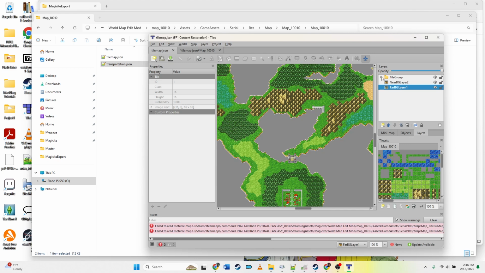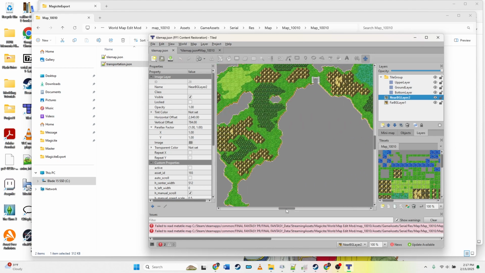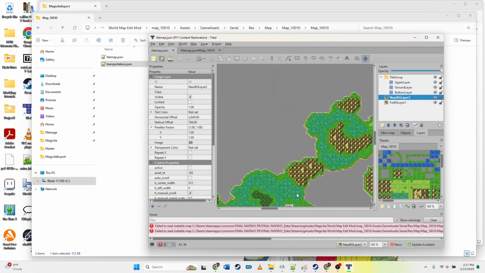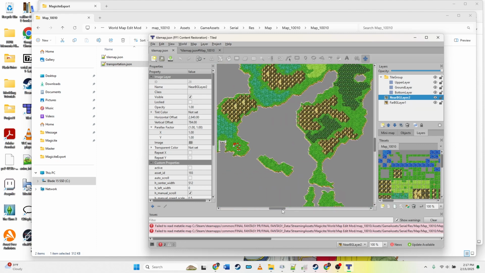Now, the thing to keep in mind when we have this world map is we do have a set of layers. So there's near background layer, far background layer. I've never been quite sure what those are. I've never really looked into them. But the things you'll need to actually edit the map are going to be your upper layer, your ground layer, and your bottom layer. So upper layer is going to generally have things that are going to go in front of just about everything. So, for example,